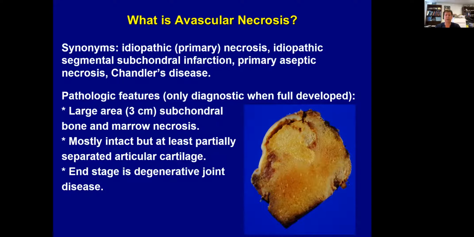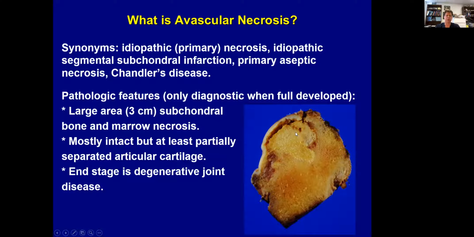What are those? Well, generally speaking, we're referring to a large area of subchondral necrosis, which grossly appears as kind of pale yellow, sharply demarcated from surrounding trabecular bone. And usually there is an overlying intact articular cartilage surface that has largely separated. So there may be a little cleft between it and the underlying subchondral bone. We'll talk about the fact that over time this cartilage can be lost, again, usually due to the deformities of the articular surface that occur when